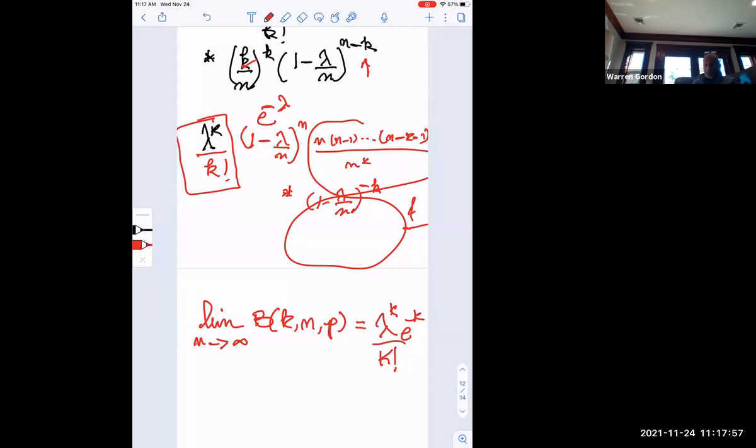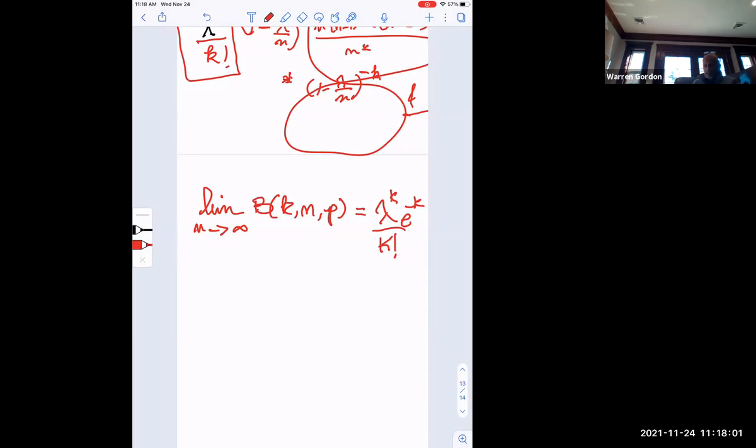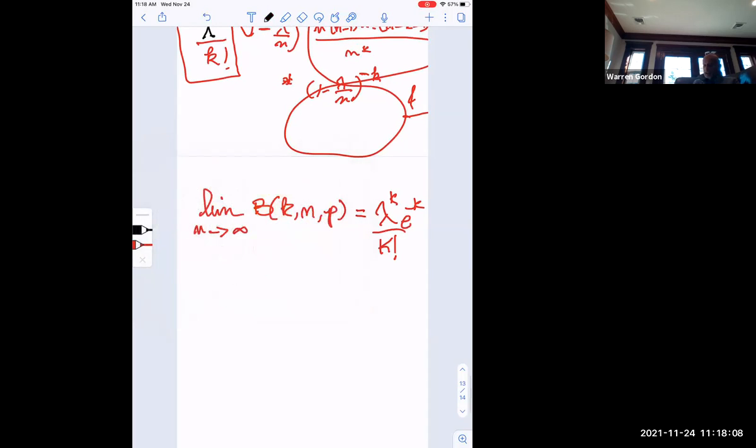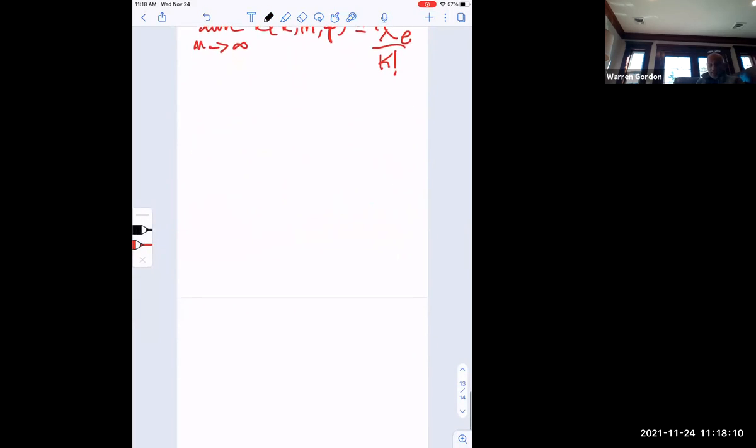So that's the Poisson distribution. And let's look at an example or two. I'll show you how we can use the binomial approximation if we wanted to. So if we look at the example I give you in the text, I say,